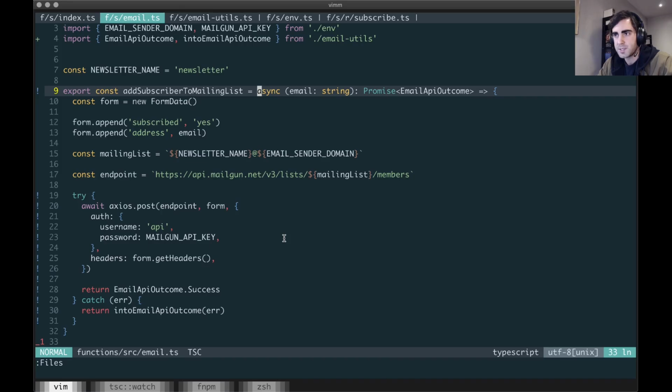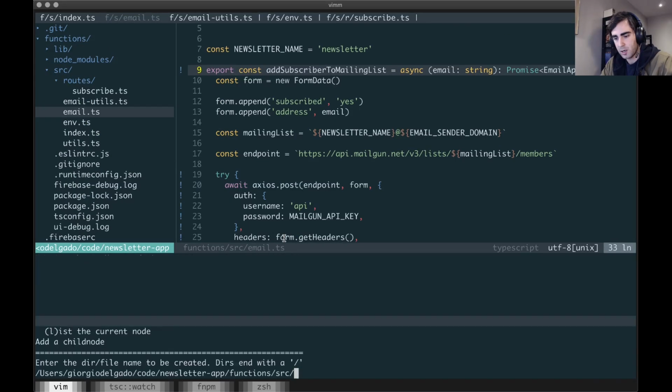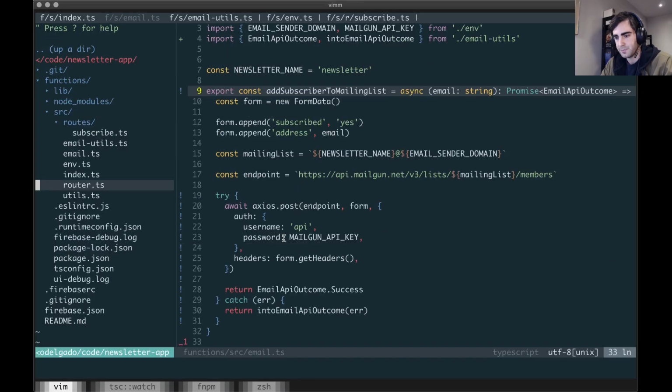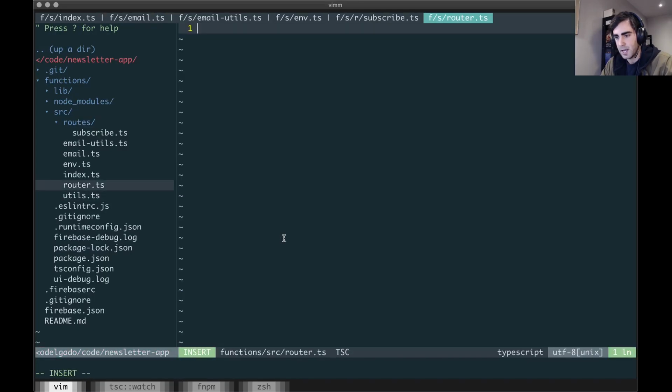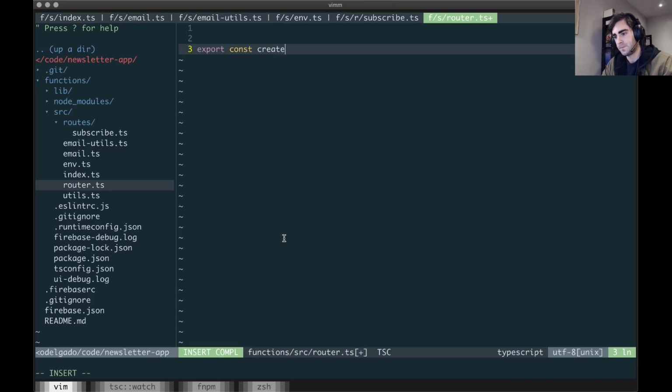Yeah. So I'm going to create a new file, and I'm going to call it router. Okay. And I'm going to export a function. This function is going to take a function. So before I get into all the details, I want to take a second to talk about what